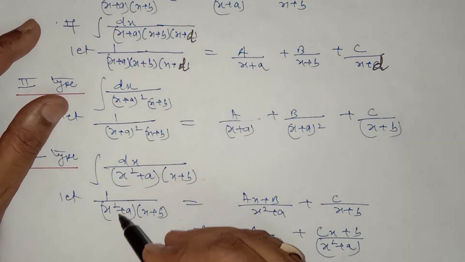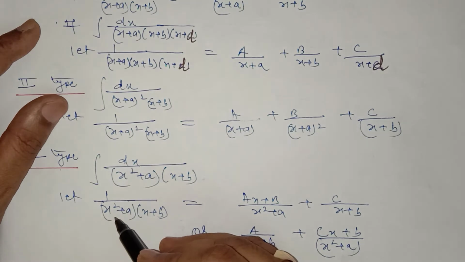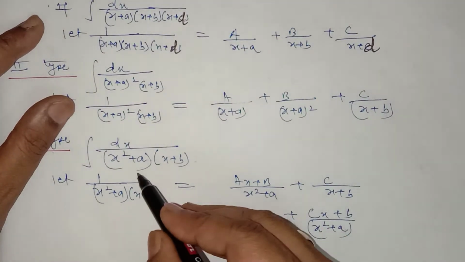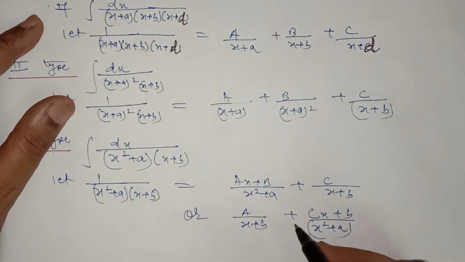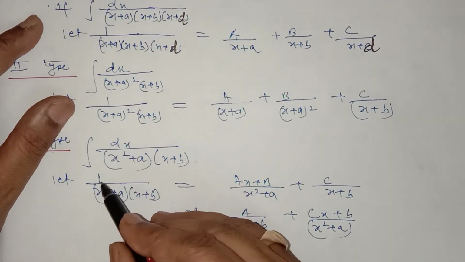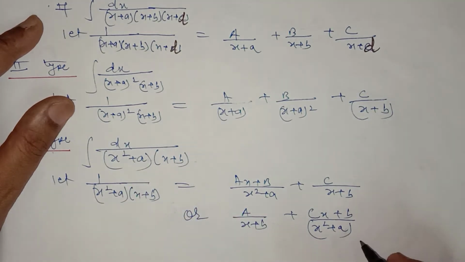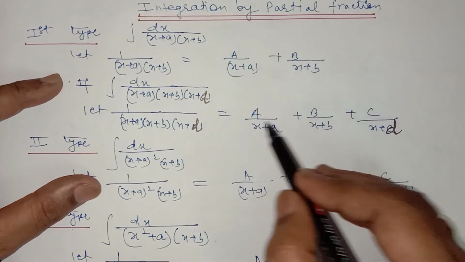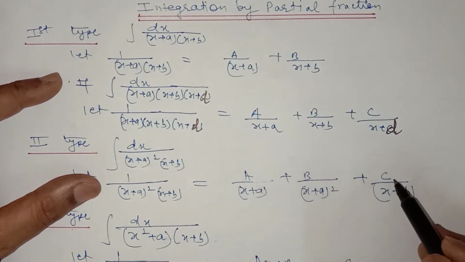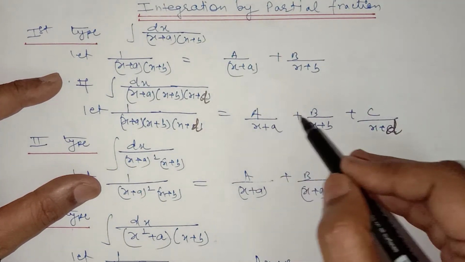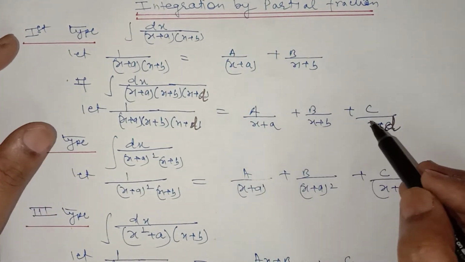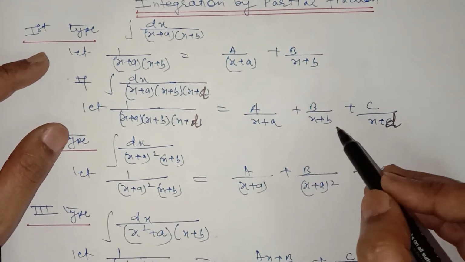That is, in the numerator for the quadratic polynomial, you have to let it be a linear polynomial ax plus b, or you can let it be a upon x plus b plus bx plus c upon x square plus a. Now what you have to do in these types of questions is find the values of a, b, c like this, and replace them here. It will be converted into a plus or minus sign between the individual fractions, and you can